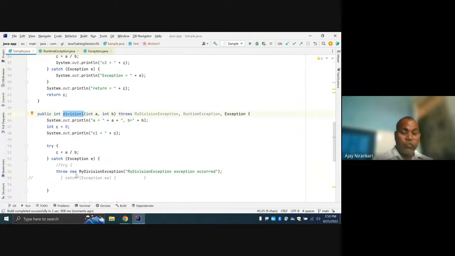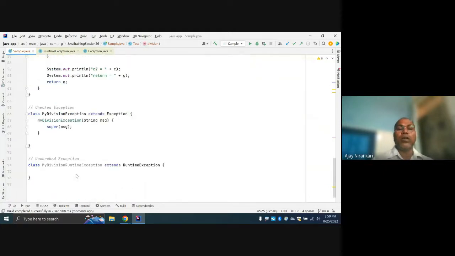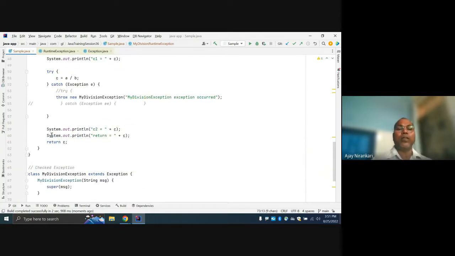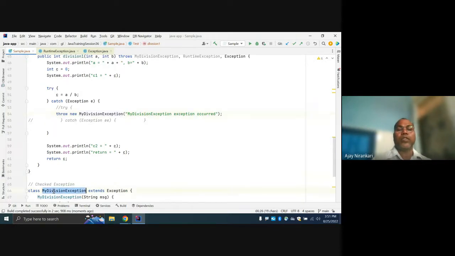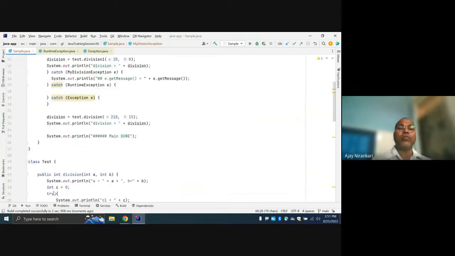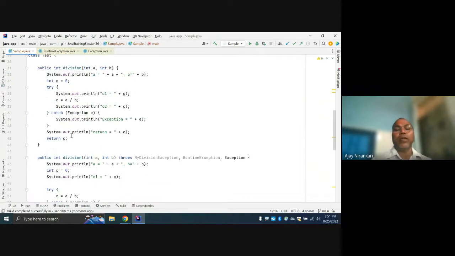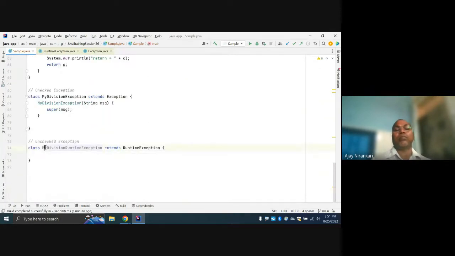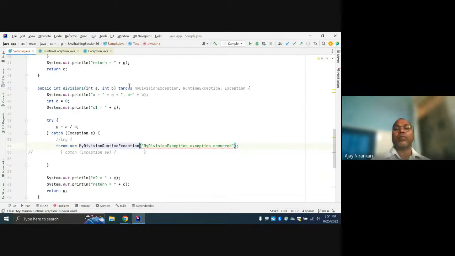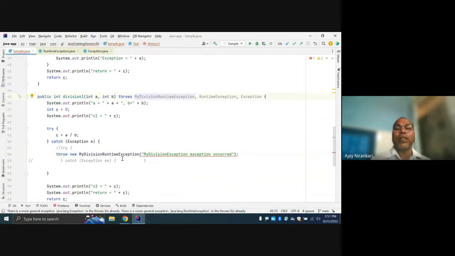So as the first thing to note, there are two kinds of exceptions in Java. One is the checked exception, one is the unchecked exception. If your method throws any checked exception, at that time the compiler will not compile your code and suggests please handle it inside the try catch. If you are throwing some unchecked exception, in this scenario, if you throw this exception, okay, in this exception, so the compiler